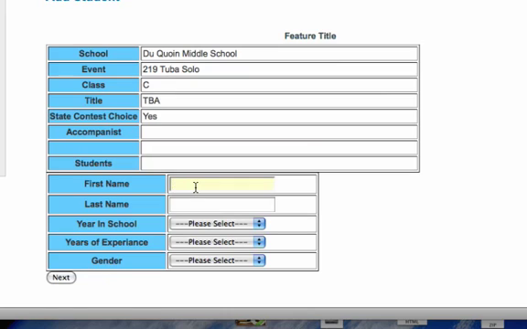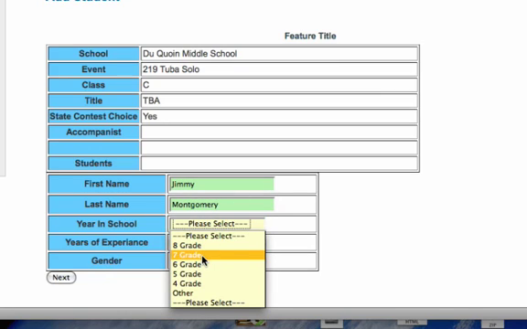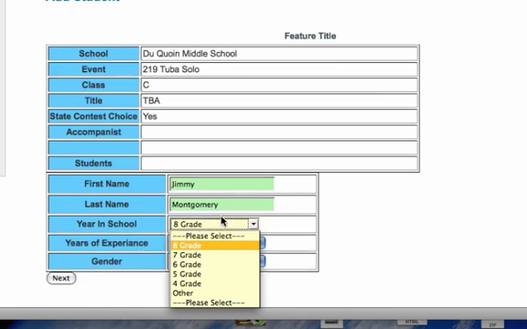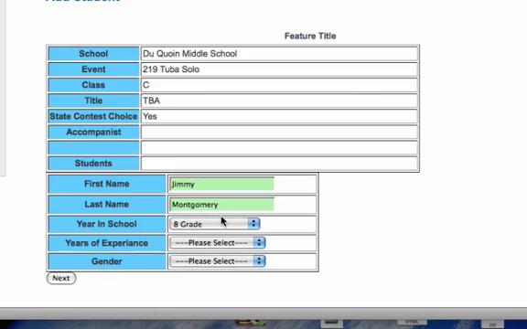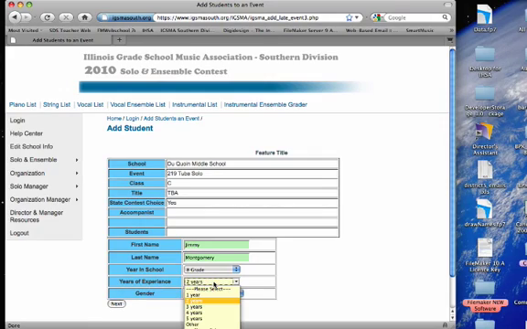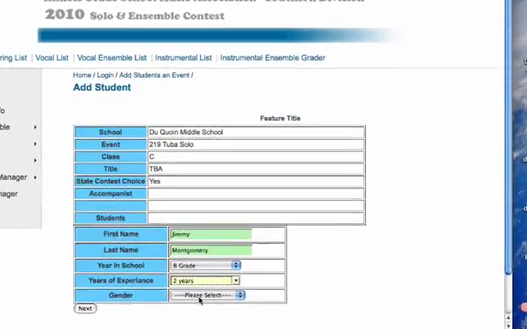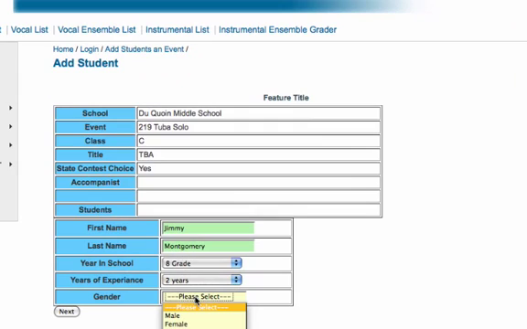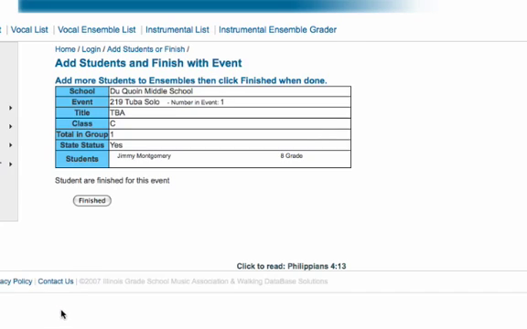And we'll put the name down here for that. And here you can do type ahead also. You just type in 8th and it would select 8th grade. The only thing in Firefox is the tab doesn't go to the next field, which is kind of a bummer. Just type ahead, pick those, and click next. Since that is a solo, you're going to see we've got that, and we're finished with that solo.